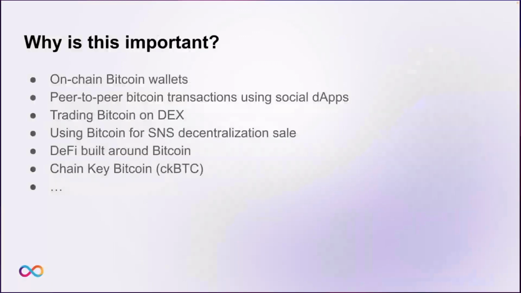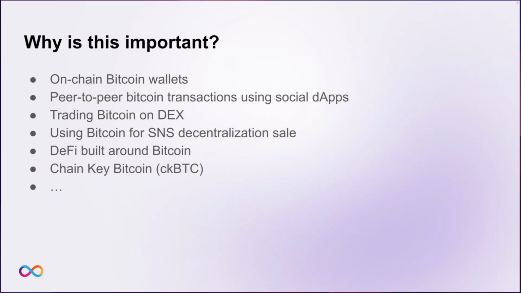It's important because it opens a lot of new use cases that couldn't have been realized before. A couple of examples are on-chain Bitcoin wallets with biometric authentication, without the user being required to manage the private key, or SocialFi applications where users can actually do peer-to-peer Bitcoin transactions using that dApp. You could also trade Bitcoin directly on a decentralized exchange on the Internet Computer without requiring any third-party custody of the assets. You could use Bitcoin to buy tokens in a decentralization sale when an SNS-powered DAO decentralizes a service